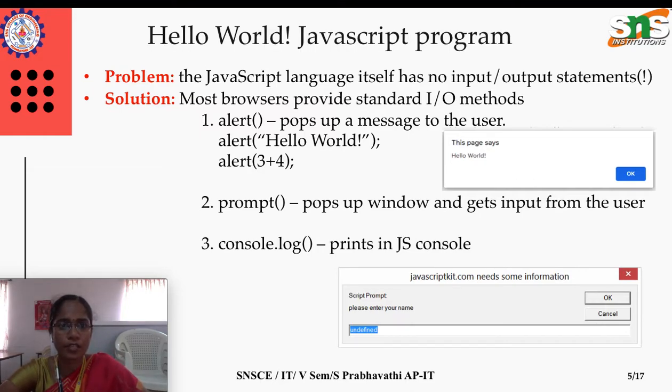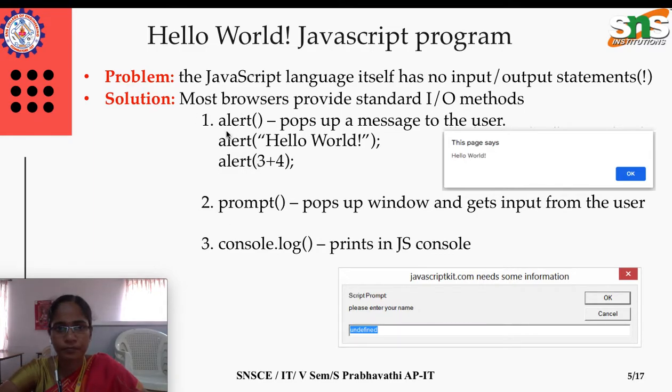The solution is, since JavaScript is run by the browser, the browser will provide some standard input output methods. Today's browsers like Chrome and Mozilla Firefox provide some methods to handle input output statements in JavaScript via these three methods.